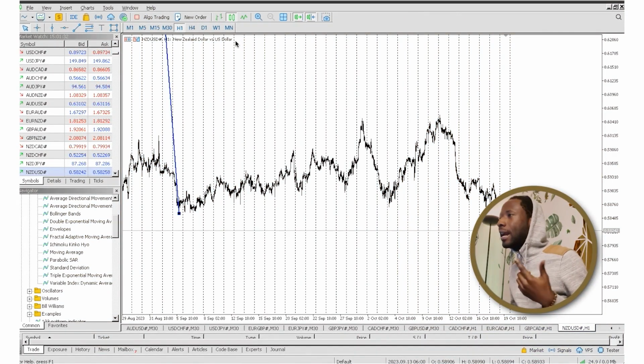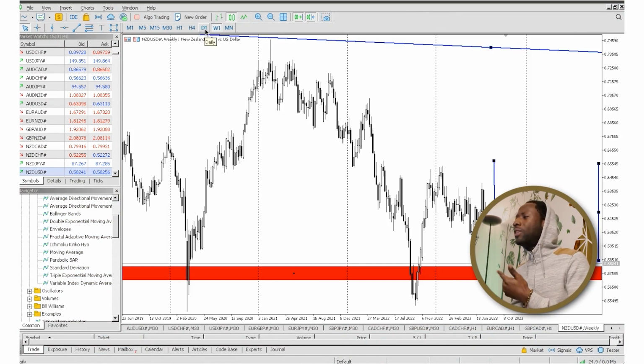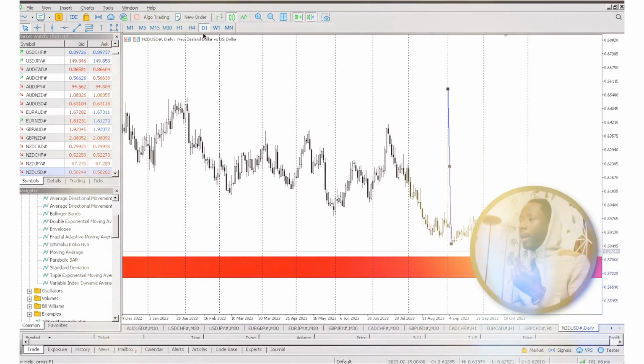And one of the tricks that I do is if I draw a zone here in the upper time frame, now I move down to the smaller time frame, you see? Now in the daily, I see it, okay? Now I want to identify the time frame in which I don't see it anymore. And per my research, I find out that from the 4-hour time frame downwards, or most of the time from the 1-hour time frame downwards, you tend not to see it at all. And sometimes in the 4-hour time frame too, depending on the condition, okay? The tipping point is between the 4-hour time frame and the 1-hour time frame.